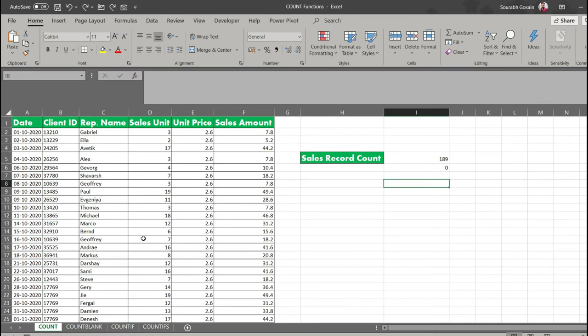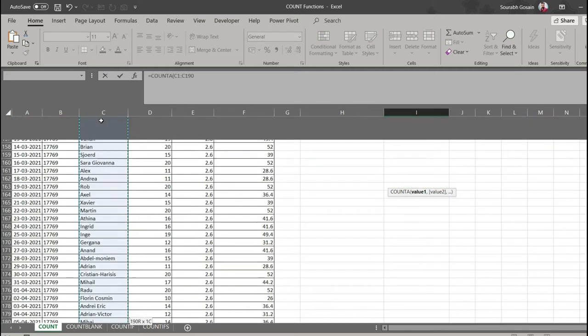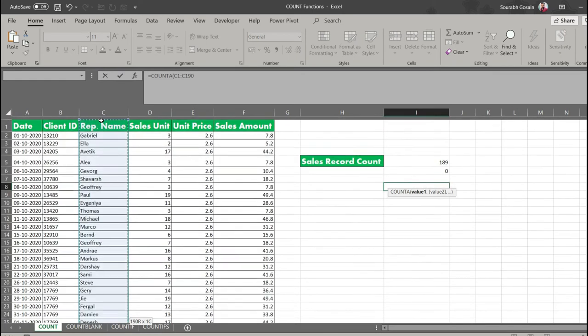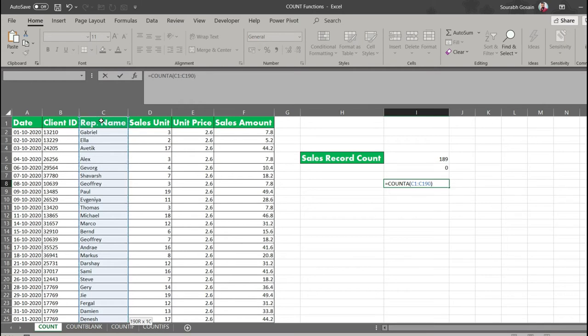So for that, we can use a count A function. This count A function generally count the number of cells in the given range that are not empty. It means either it is a text or a number. It will count and give us a result. Let me show you how. Now I will type in equal to count A, will press a tab key, and for the values I will select the representative names, will close a bracket and hit enter. And here it is. As you can see, it has given me the result as 190, as it has counted column header as well.